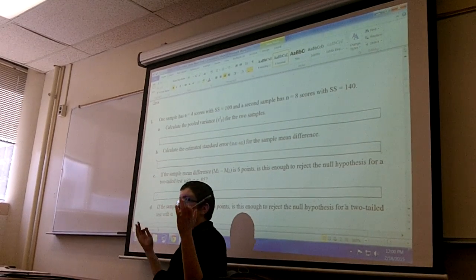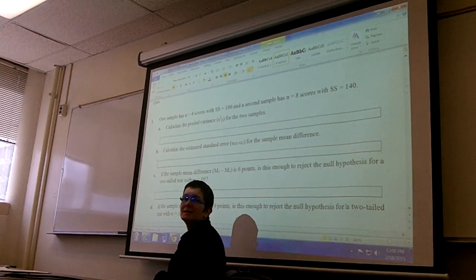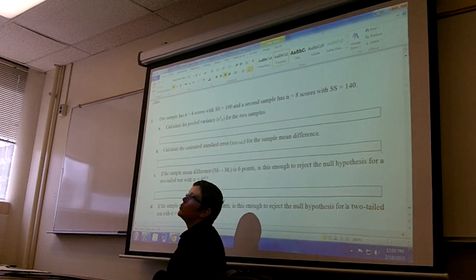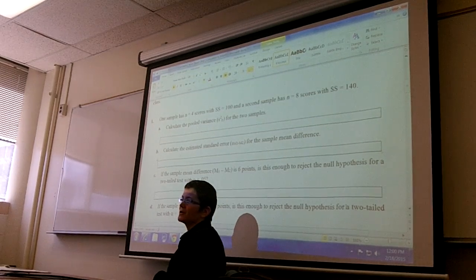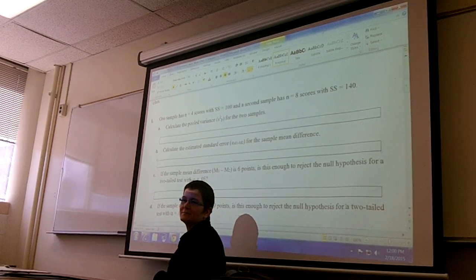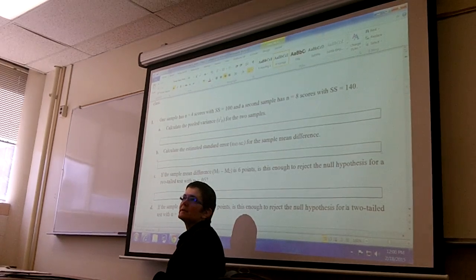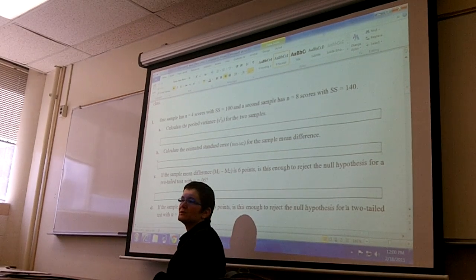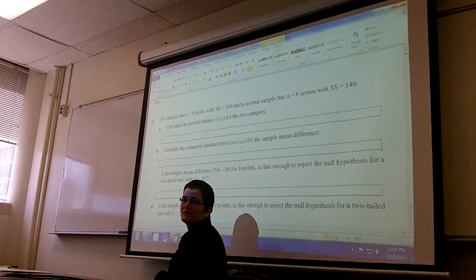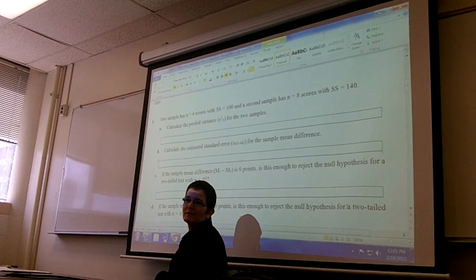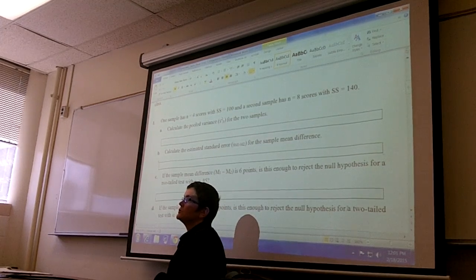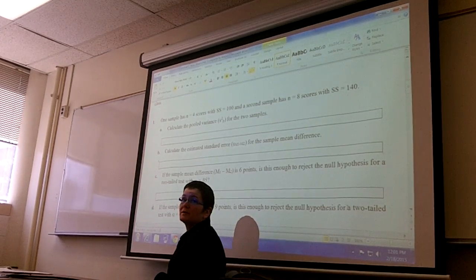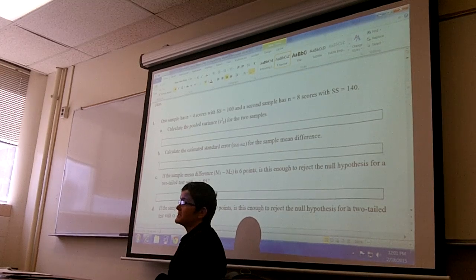You'll do one at least in its entirety and then at least part of the other one, because I don't want any one thing to be so expensive in terms of points that if you make a mistake early on, it's this catastrophic mess that gives you a really bad grade. It's better for me to give you more things to do so you have more chances to be right than fewer things to do, so if you screw up, then it really hurts. So you should be prepared to do a full independent groups t-test and a full related groups